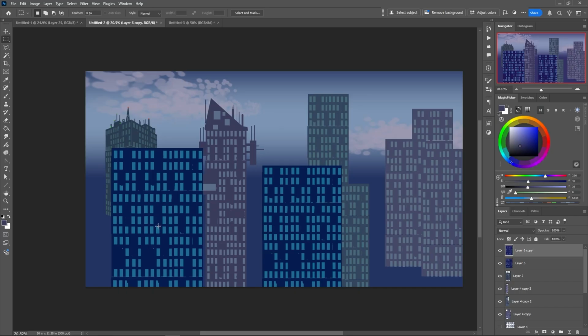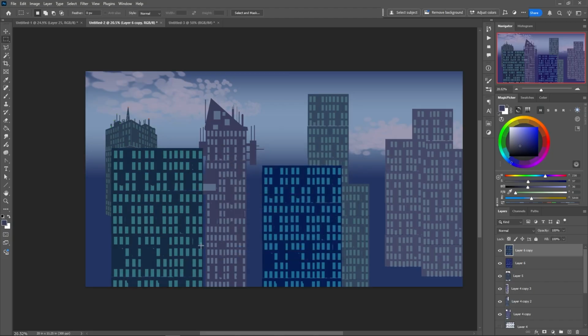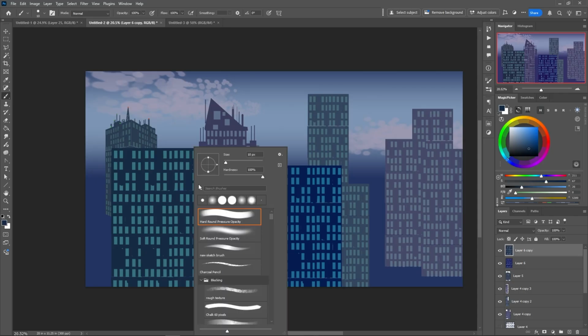So at this point, I've got my windows, I'm going to change my color up a little bit. So I still want to keep that purplish color, maybe a little bit blue, change up the saturation a little bit, maybe play around. But now with that layer of buildings a little bit closer, I need more details in it. And the details can be something as simple as trim. So for example, in an old style building, they would have trim every so many floors. So what I'm going to do is I'm just going to do something like this,